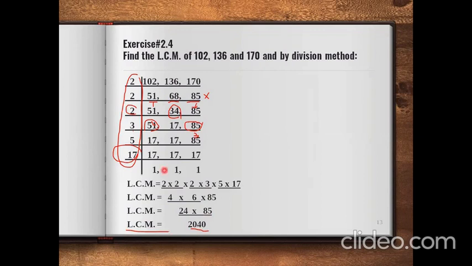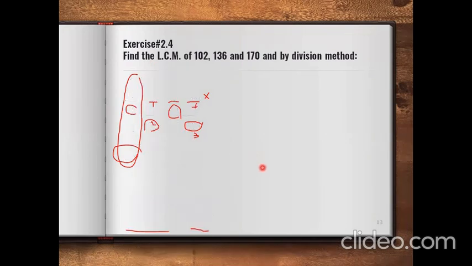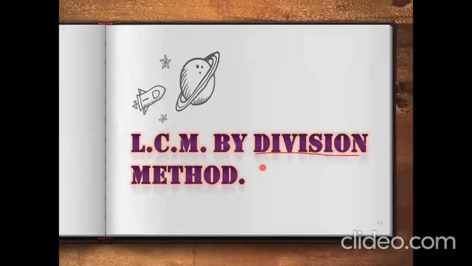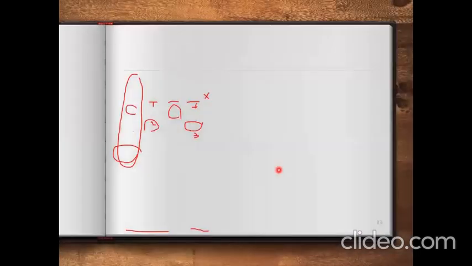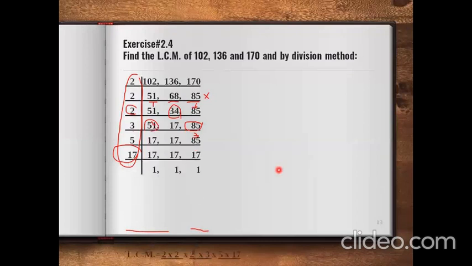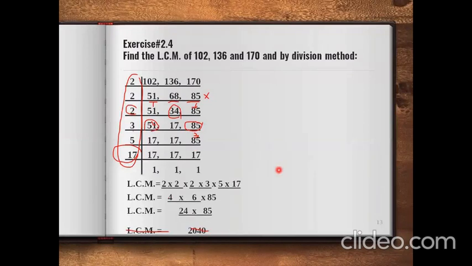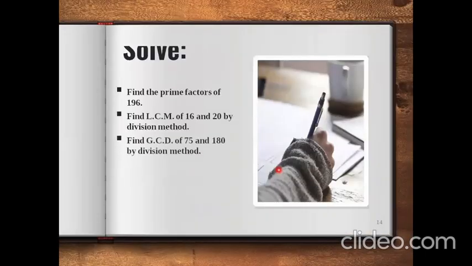So this is the way to find out LCM by the division method. Understand? This is the division method, and that is the factorization method for LCM. In the factorization method, we find the factors individually, and in the division method, we divide all the numbers collectively. Now, I'm going to end my lecture here as the time is short, so you cannot solve it right now. But you will solve these questions at home, and then I will ask you the answers in the upcoming class.